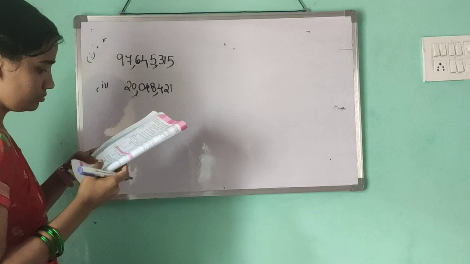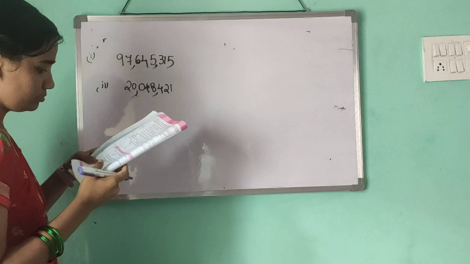In this we have to write the given numbers, putting the commas using the Indian system, and write them in words. Go to the fourth one. Read the numbers carefully and answer the following. 302,179,468. Here, clearly observe, after every 3 digits we put the comma. So this is the international system.